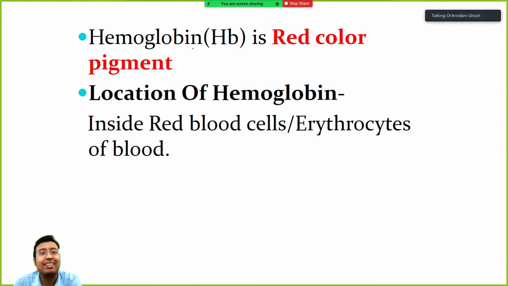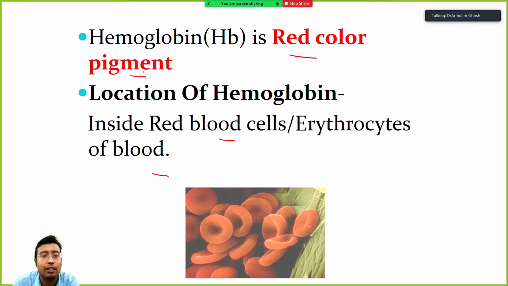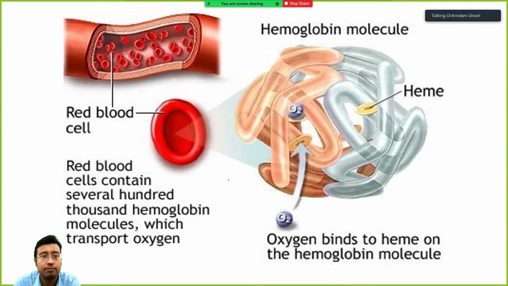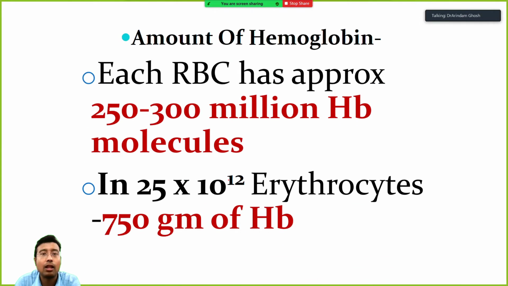Hemoglobin is red in color. It is present in erythrocytes, that we all know. Even a class 4 student, I think even a class 1 student, knows about hemoglobin. Everything that is red in the RBCs is due to hemoglobin. A lot of RBCs are present in blood, and a lot of hemoglobin is present in one single RBC, and all of them help in carrying oxygen. That is the main function of hemoglobin.